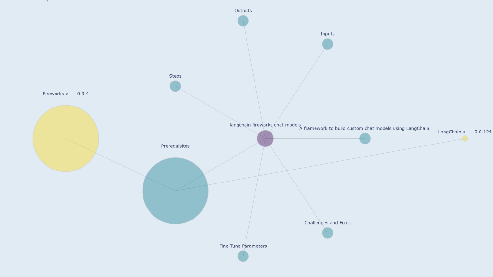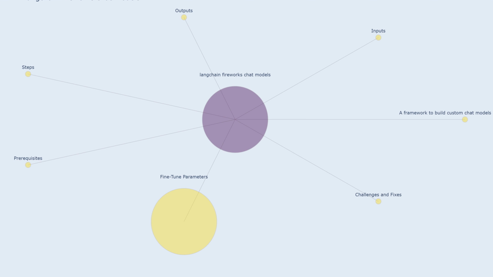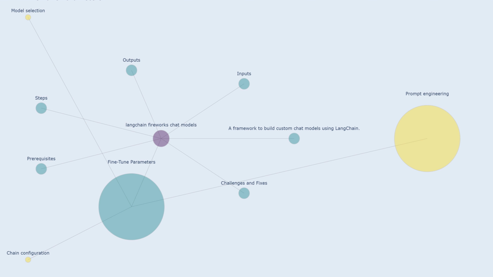0.3.4: the specific version of Fireworks required for this framework. Ensuring compatibility and smooth operation. Fine-tune parameters. Prompt engineering: the art and science of designing effective prompts that elicit desired responses from language models. This involves crafting clear instructions, providing relevant context, and structuring the input format to guide the model towards the desired